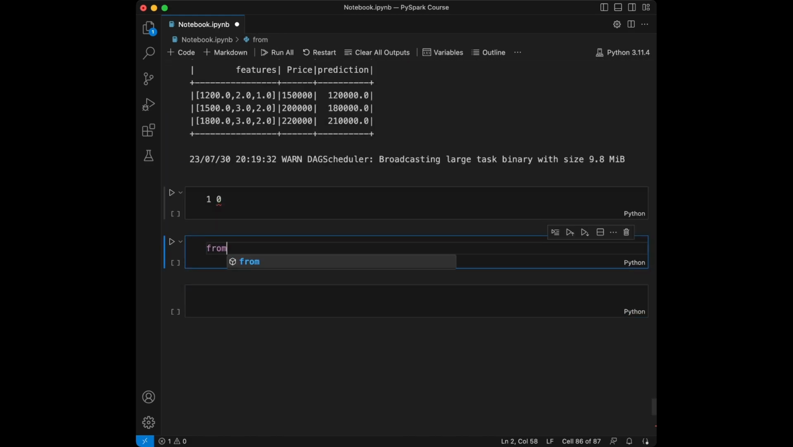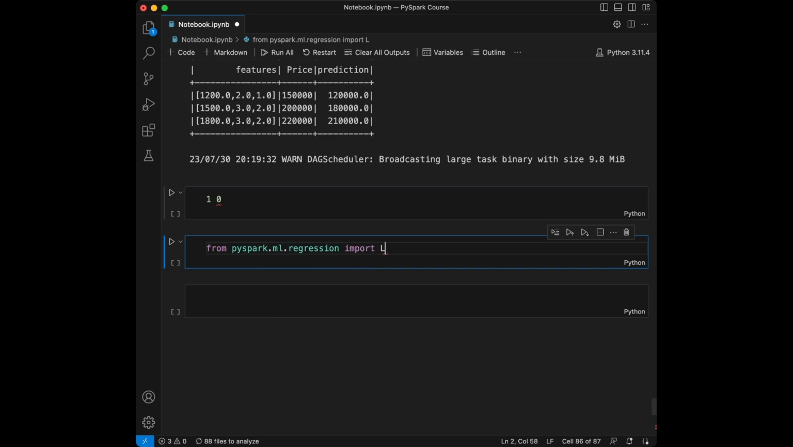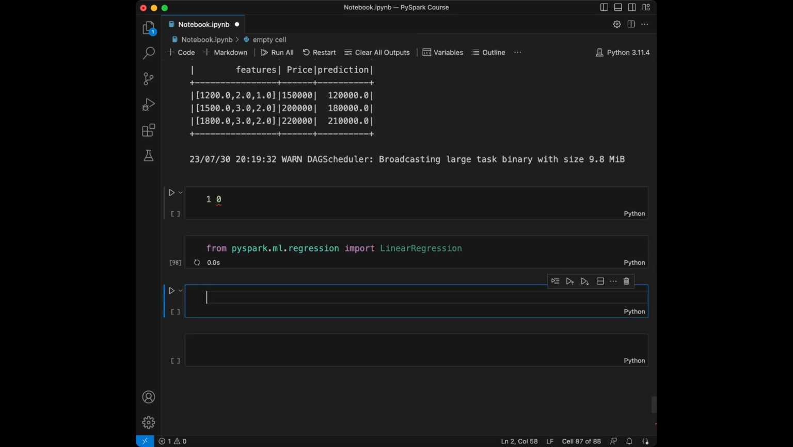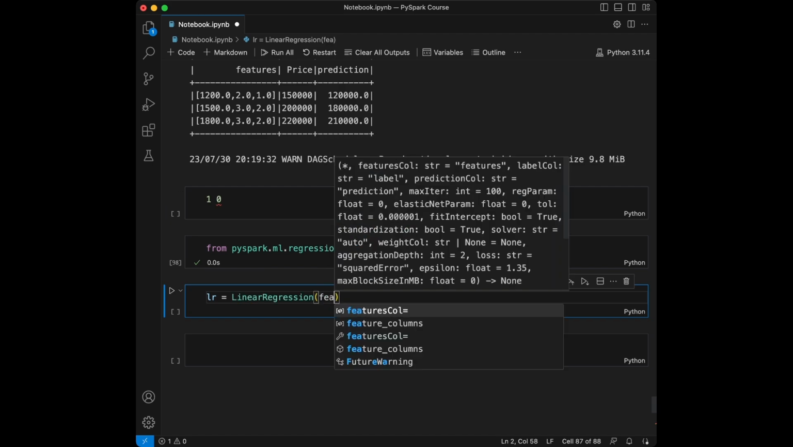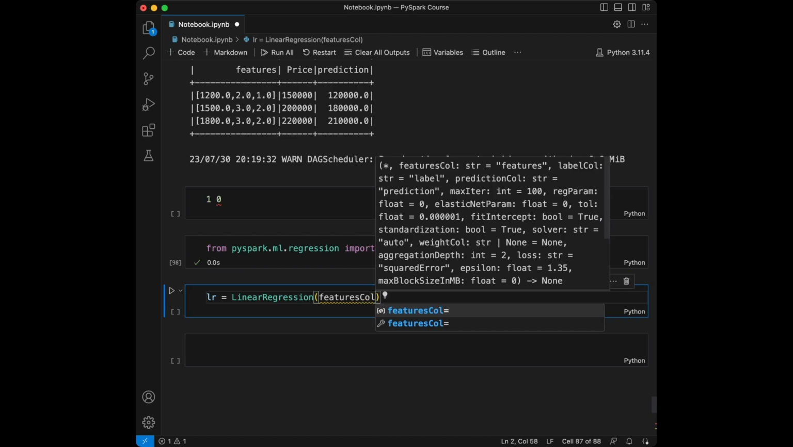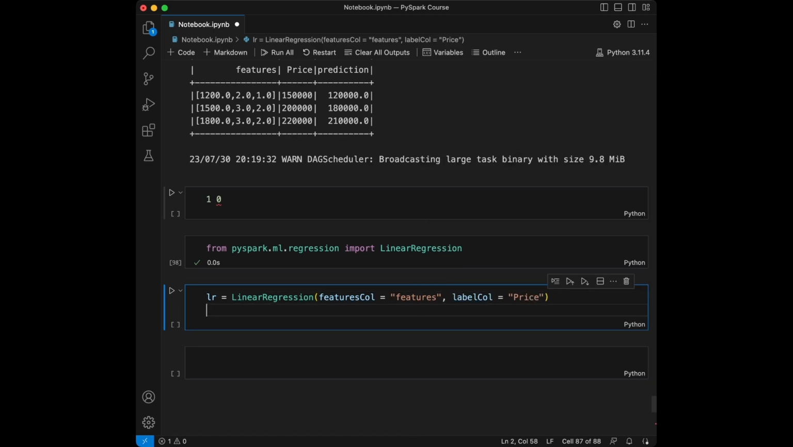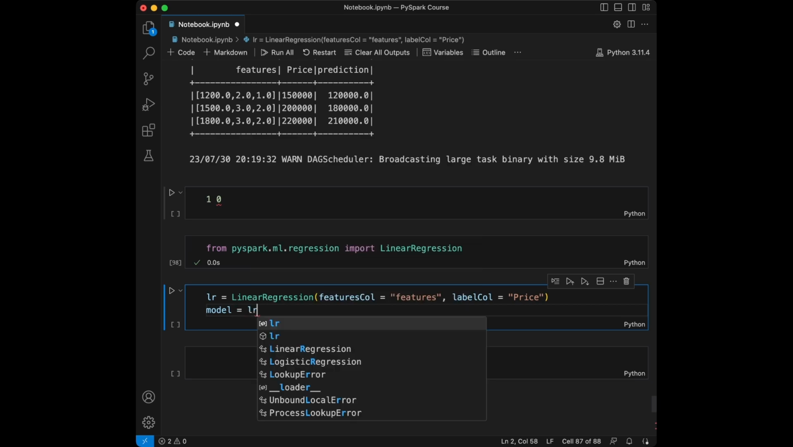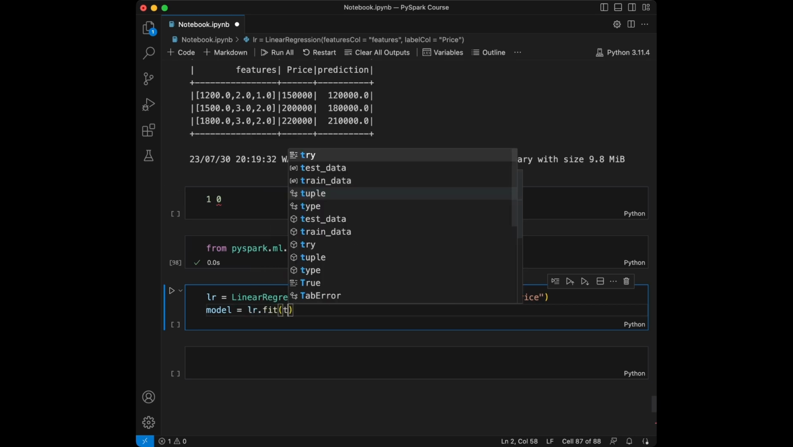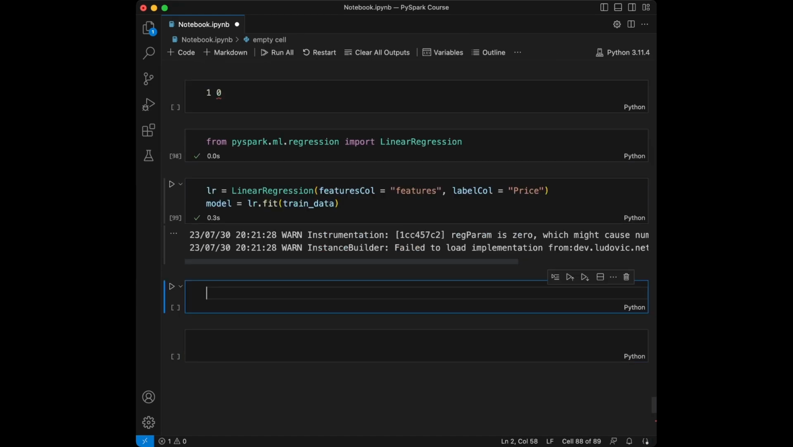Let's import linear regression from PySpark machine learning regression. We are going to say linear regression is going to be equal to LinearRegression, and features column is going to be equal to the features, and label column is going to be equal to the price, and we are going to say model equals to the linear regression fit train data, and we are going to set predictions